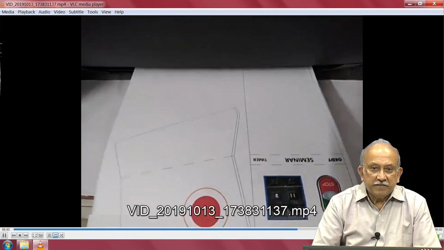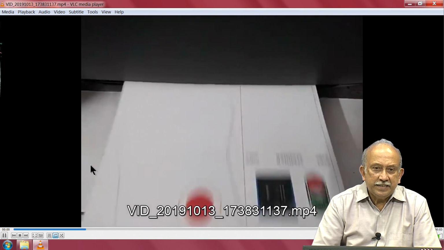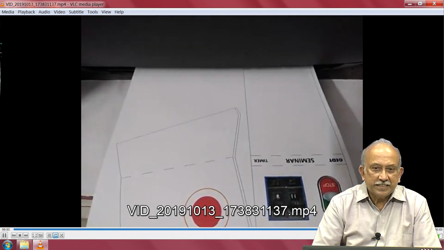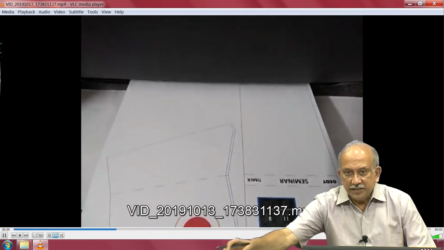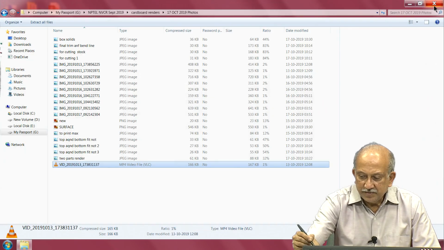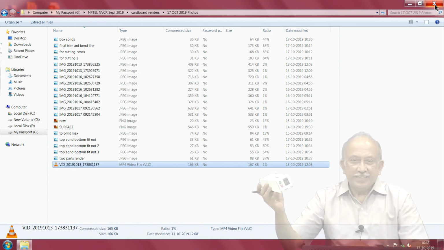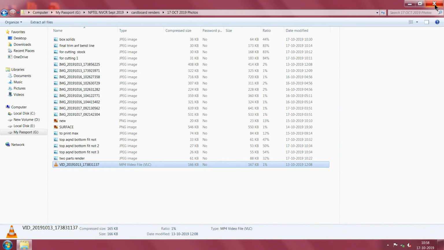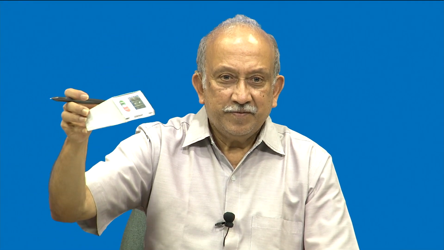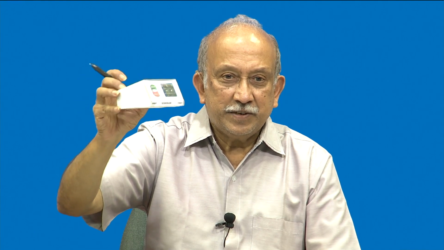Can you see the last part of it being ejected from an ordinary printer? I could just get that much, and finally when you do the printing, we have this nice thing all assembled together with the minimum amount of effort. I have this working here. I just wanted to show you this. Seen this, no? With the minimum amount of effort, whatever has come there has been assembled together. I have a box. Now I have enough time to show both of these things to my colleagues.